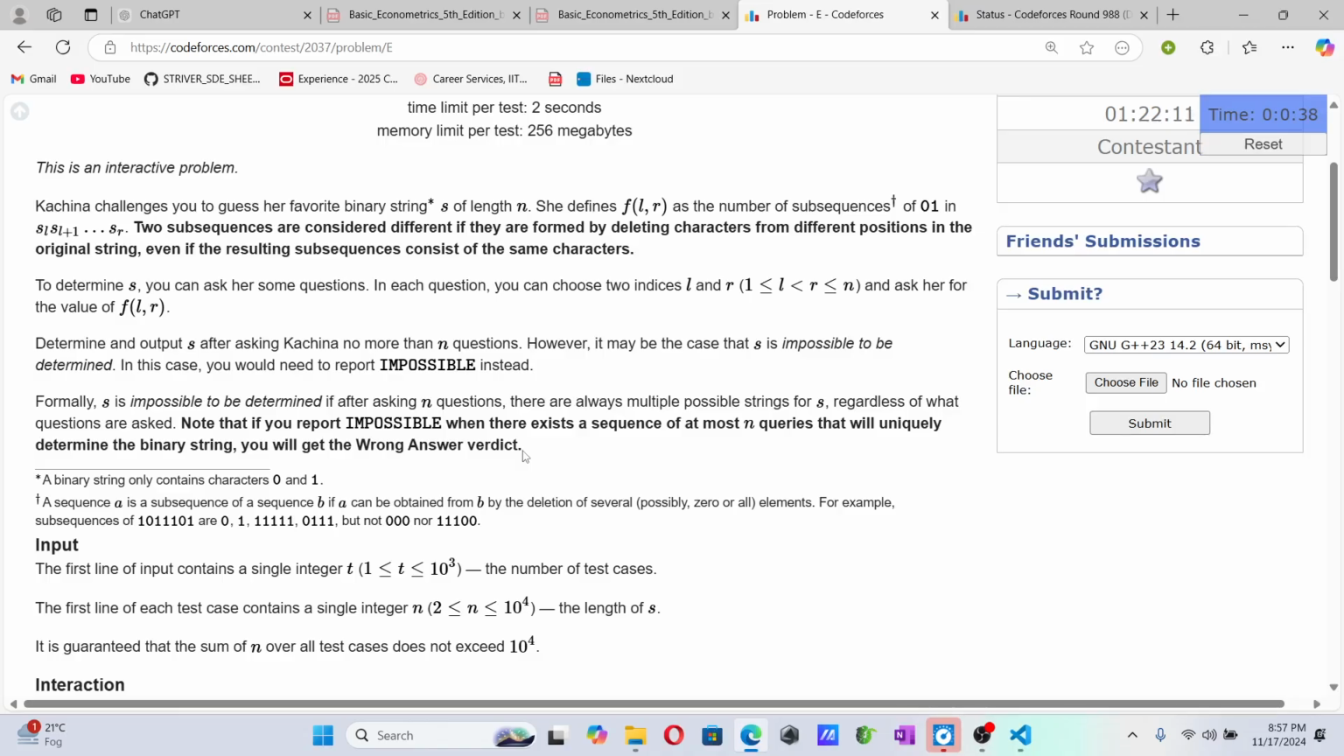Kachina challenges you to guess her favorite binary string s of length n. She defines f(l, r) as the number of subsequences of 0 1. Two subsequences are considered different if they are found by deleting characters from different positions in the original string. To determine s